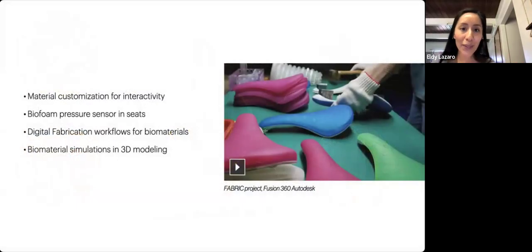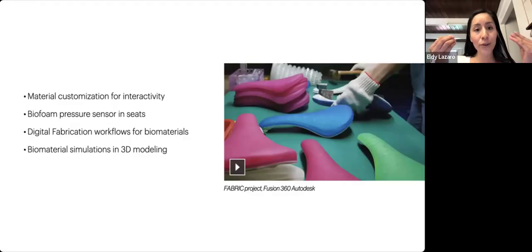Something that I could imagine, for instance, is that after reading about this fabric project, there was a lot of innovation using Fusion 360. The modeling software supports a lot of the design iteration and the design thinking of designers developing a new product. I also see material